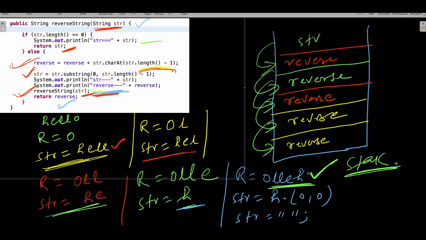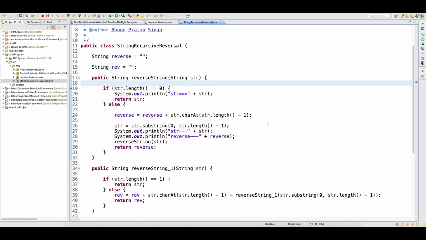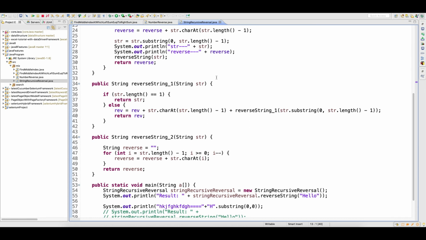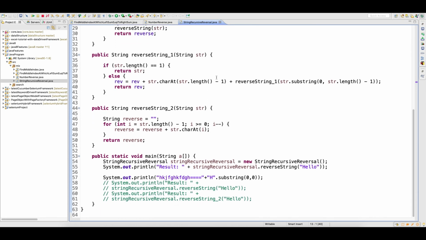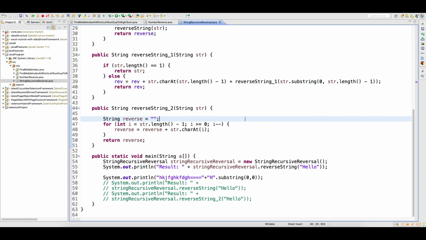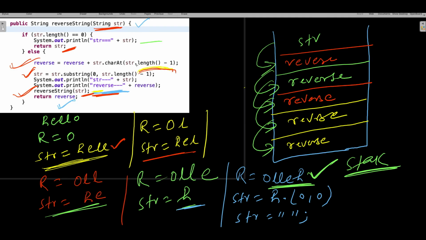Now this we call a recursive way. The iterative way is very simple, guys. If somebody asks you to write the same program in the iterative way, that is very simple. The same thing I have written here. You can see that I have initialized it with code, right? Now you can practice in your Eclipse to get confidence. Now focus on the iterative way. You can see that it is very simple.